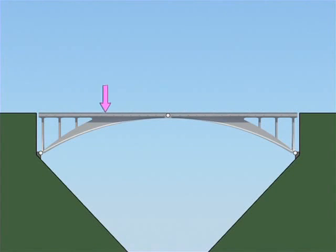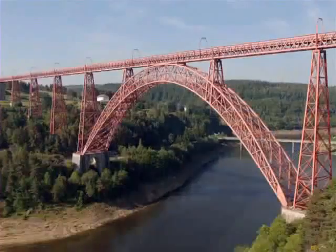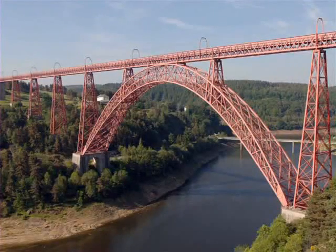But because live load can be applied anywhere along the length of the bridge, it also causes flexure, or bending, in the arch. And so, in the Salginatobel Bridge, each arch segment must be able to carry load as both a compression member and a beam. And so the profile of each segment, thick in the middle and thin out at the hinges, reflects these two load-carrying modes quite well. The concept is actually essentially the same as Eiffel's brilliant crescent arch on the Garabit Viaduct